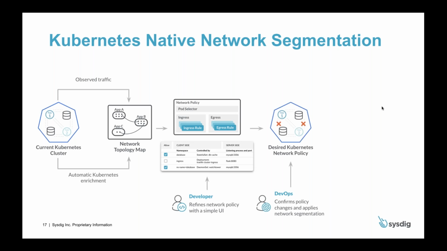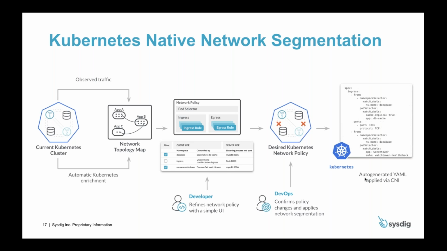Then this goes over to the DevOps team, and they say, okay, you've defined this policy, Mr. Developer. Now I can overall see if this policy makes sense for the service and for the namespace, confirm these policy changes, apply this, and sign off on this policy. So you can see that there's immediate collaboration here between the developer, DevOps, and the overall security teams that are providing guidelines. And then the actual enforcement is not via an external tool. It's via the native mechanisms of Kubernetes. So it automatically goes through via a CNI like Calico, for example, where Calico directly goes and applies a network policy for you. All we're doing is automatically generating this network policy YAML, which you can just copy and then enforce